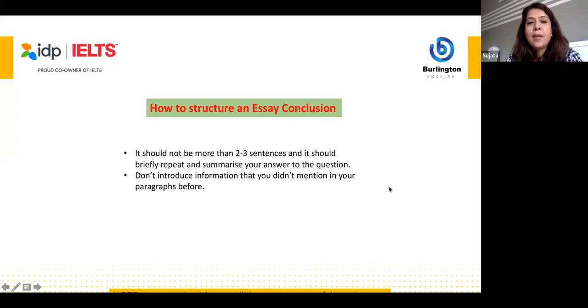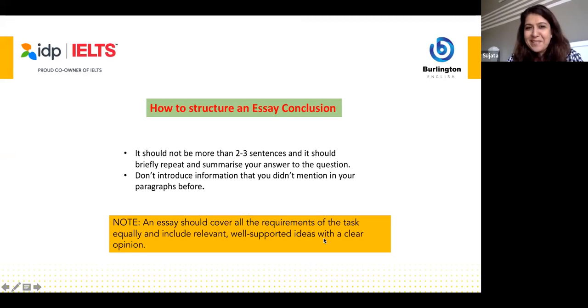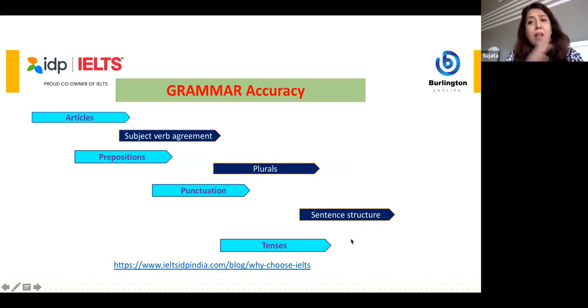Now that was an essay. Now, this is the message that we have in today's Power Pack session. An essay is a high scoring essay if it covers all the requirements of the task and it gives well-supported ideas with a clear opinion, if it's an opinion-based essay, or with a clear answer. Now, if I am looking at task achievement and I looked at band 9 and band 8, I really want you to benefit in the grammar also from today's session. And very soon we'll be doing the complex sentence structures together.